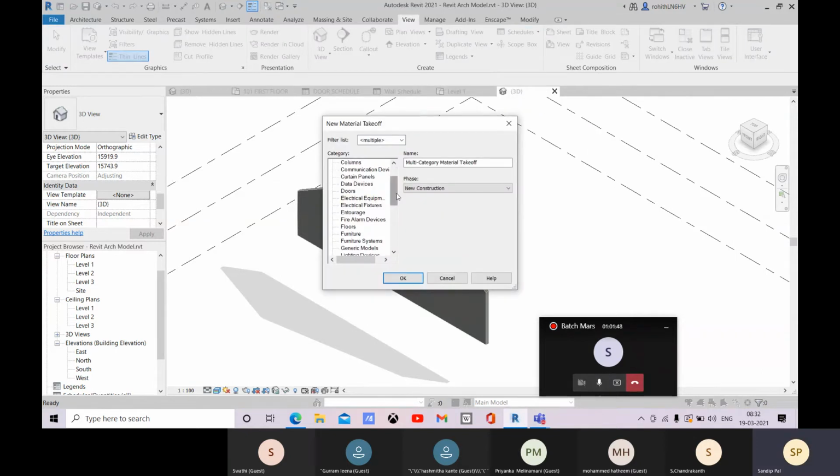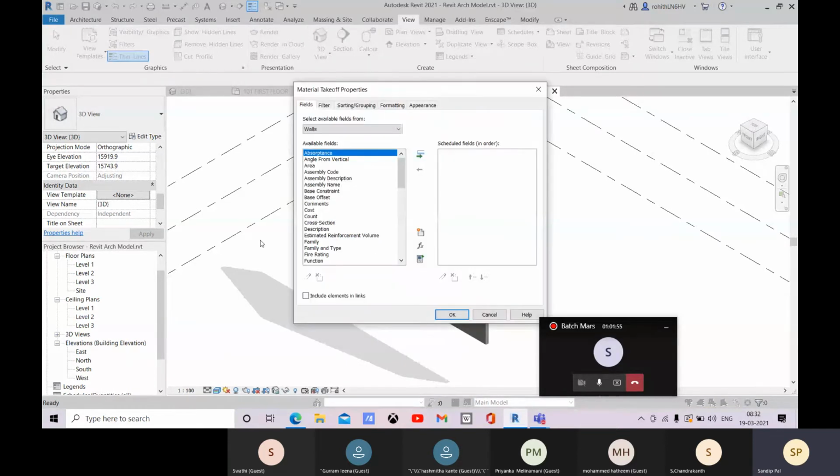Okay, so the category is wall material takeoff, and the phase is existing, and what will be the... you can choose for material cost, material area, material volume there. Let's go for this material volume, material unit weight. Okay, so this thing you have to define. So we haven't defined material unit weight, so I will not take that. And material name.